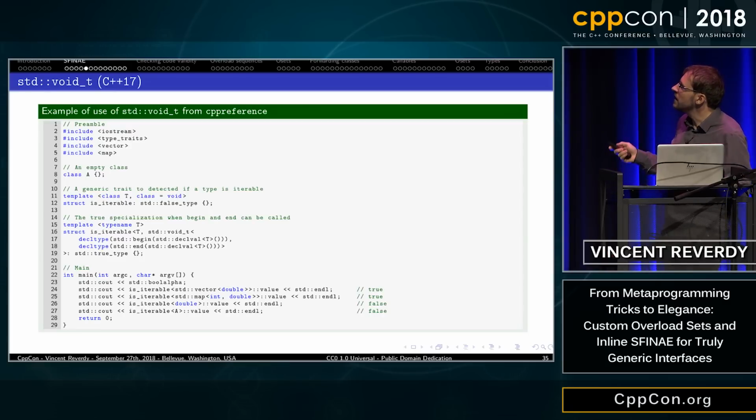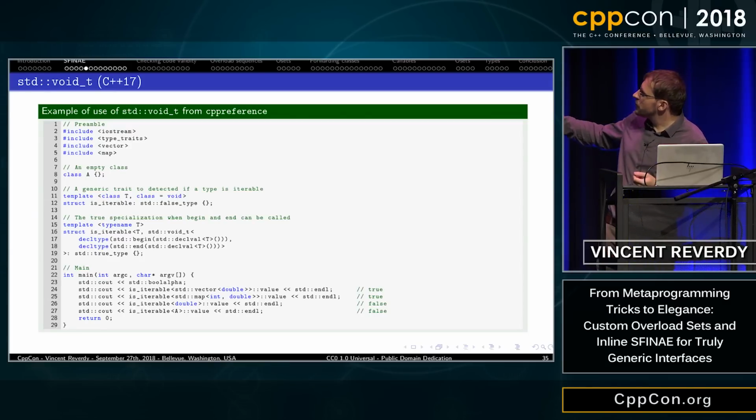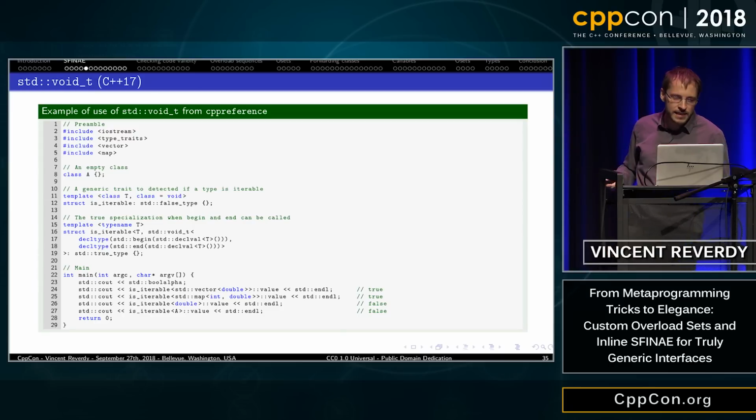It's void_t that allows to do the same kind of tricks, but far more easily on class types, on template classes. So, for example, I want to check whether a type is iterable or not. So I have the default definition of is_iterable.